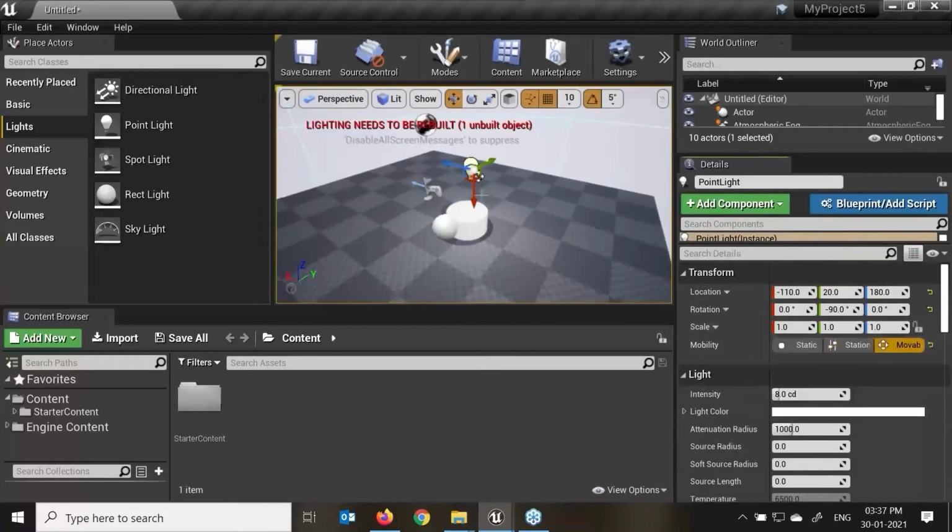Movable light means this light is moving with my character. This light will be animated. If any character is entering my room, after entrance my light has to turn on. That time we have to use a movable light, but it takes a lot of time when we are doing the final render. It is very time consuming, but again it also depends upon our scene, what kind of scene and light we need to add in our game.